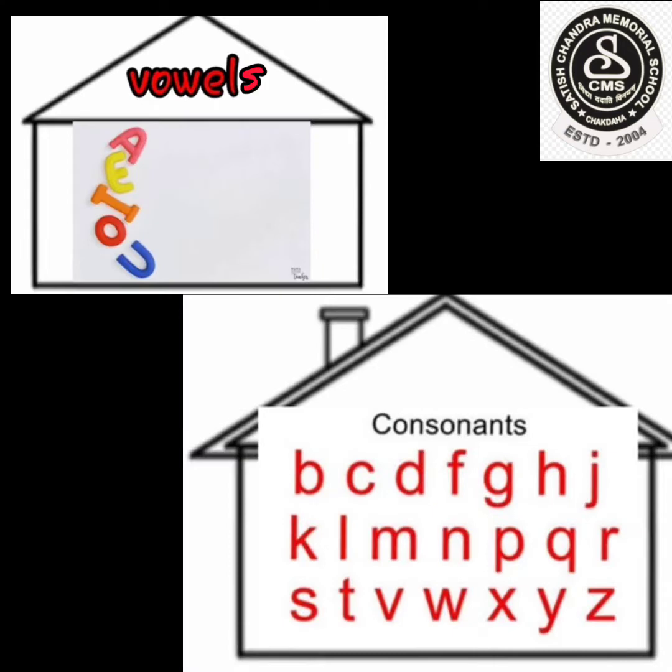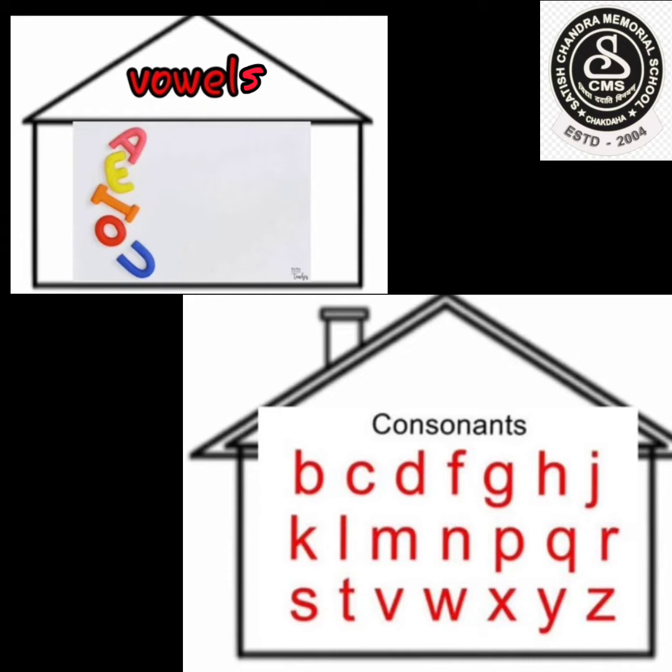Children, now tell me what you can see here. Yes, here we can see two houses. A small house and a big house. Children, do you know what we do in our house? Yes, very good. We live in our house. Like I have a house, you also have a house, then animals also have their houses, right?